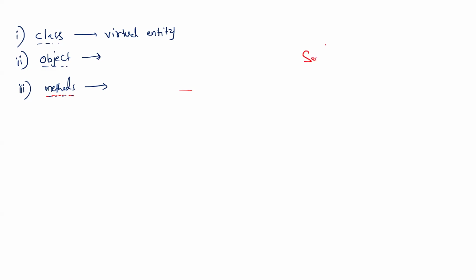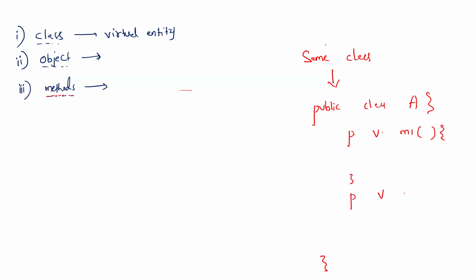So when it comes to calling same class methods, I won't go for a big example. Let me take one class, public class A. Inside this class, how many methods can we have? Any number of methods. So public void m1 is my first method and its body. Since it's a void type, a return statement is not required. Then public void m2, another method in the same class. Now, is it possible to access m1 from m2? Yes, we can access it. How do we access it?